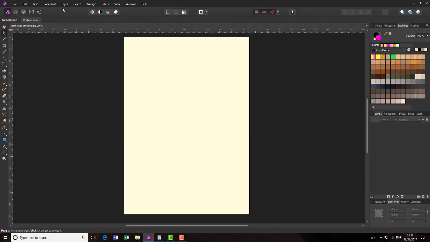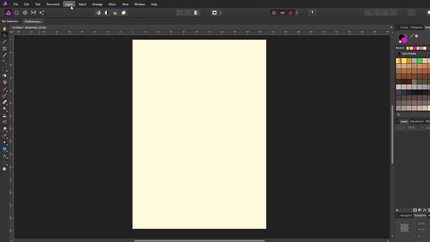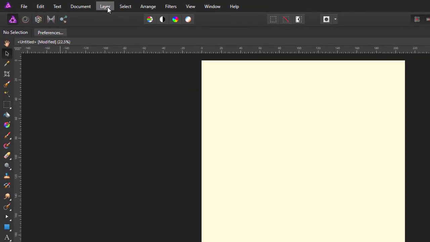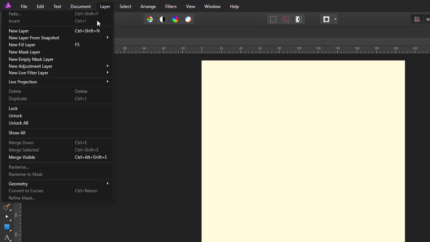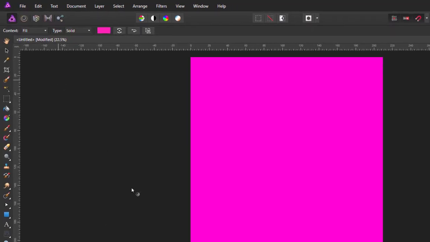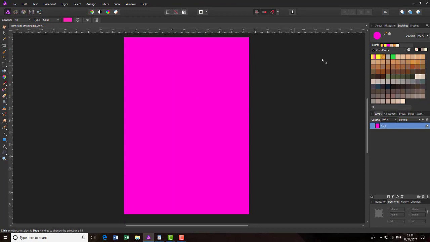What I had to do before was to come to the Layer menu and come down to New Fill Layer, and it will fill it with whatever color is set. And it's pretty much the same as what I did before. Come to the gradient tool, come to linear,